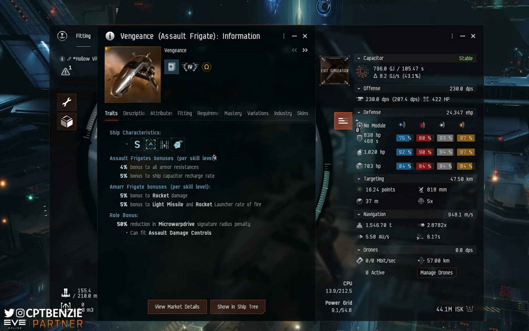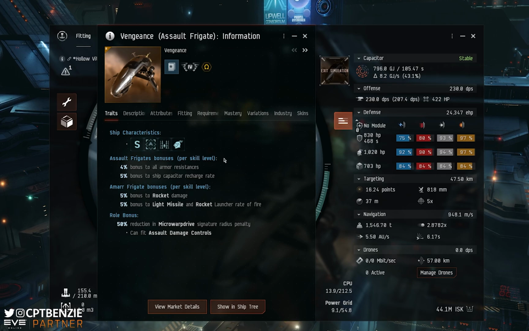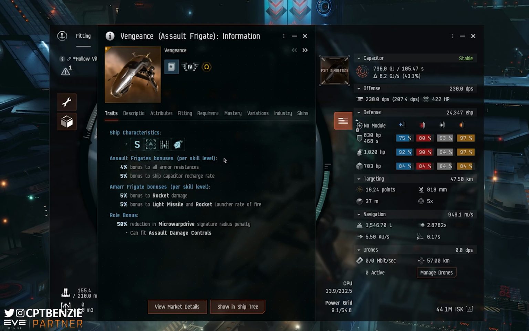right? Assault Frigate, then, the skill that you don't have to have trained all the way to 5, gives you 4% bonus to all armor resistances and 5% bonus to ship capacitor recharge rate. Now, both of those are actually really nice skills. They don't affect your DPS, but they do affect your survivability, and both are well worth it. The Assault Frigate skill is also not all that bad skill point wise. If you're going to get this to Assault Frigate 4, you kinda may as well get it to Assault Frigate